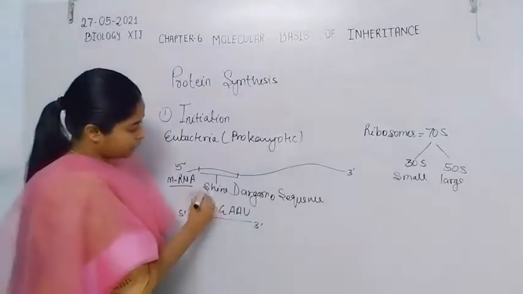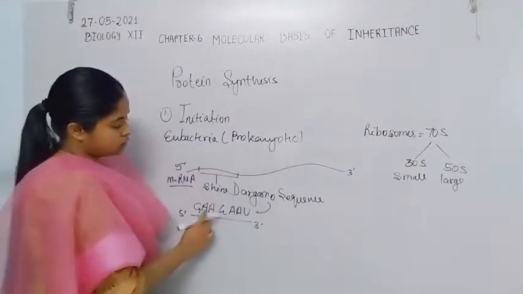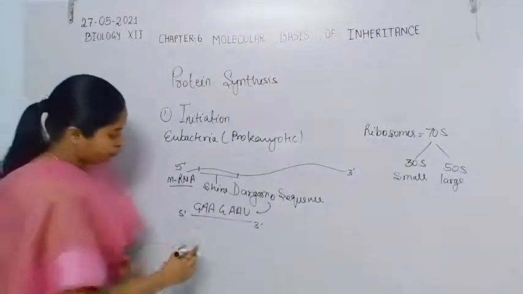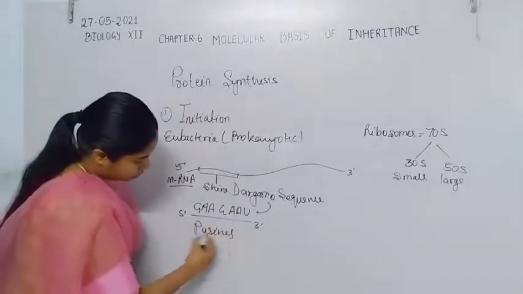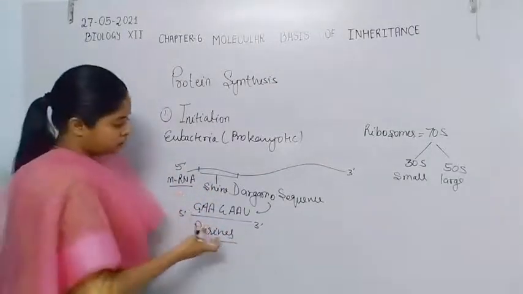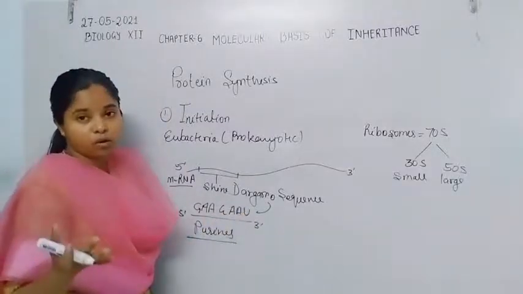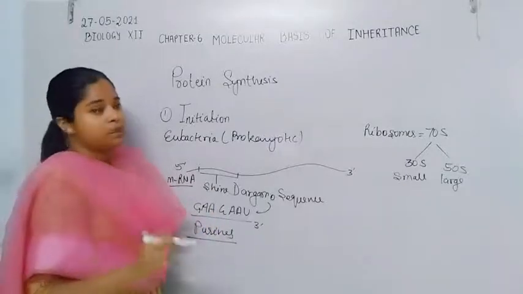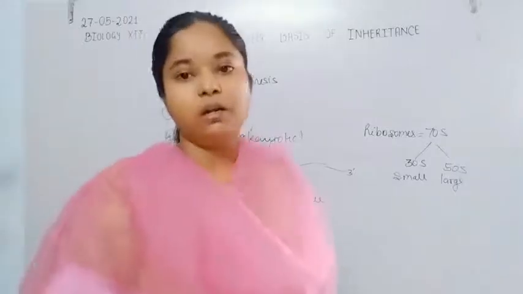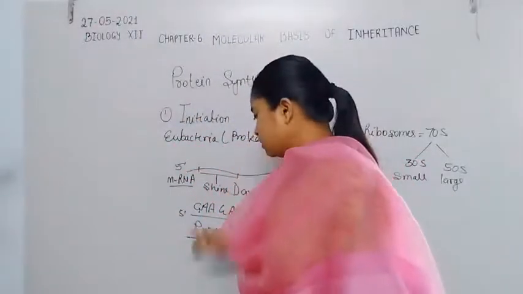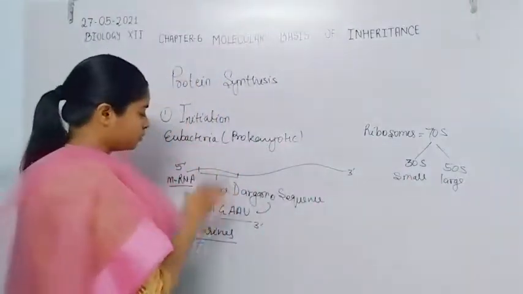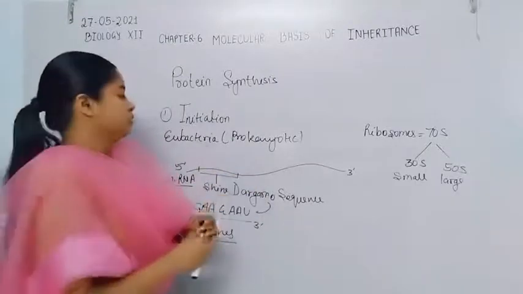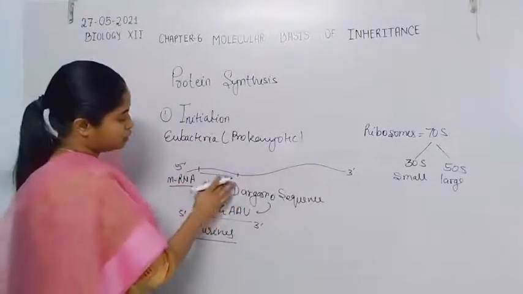The Shine-Dalgarno sequence consists mostly of nitrogenous bases in the form of purines, that is adenine and guanine. Somehow uracil, which belongs to the pyrimidines, is also present, but mostly the Shine-Dalgarno sequence is formed by purines. That means most of the nitrogenous bases are from the purine group. Now, the Shine-Dalgarno sequence binds to the small subunit